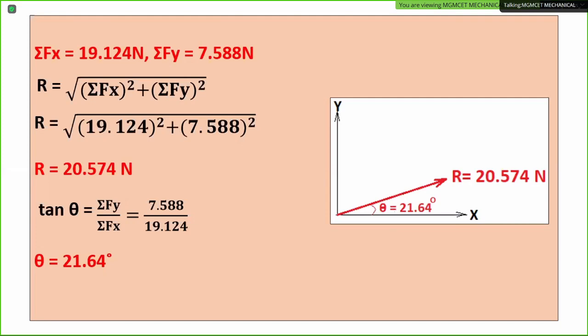One thing you have to keep in mind. In the concurrent force system, you are finding out the resultant and the angle. Point of application, no need to find, nothing to think about the point of application because all the forces are passing through a single point. So resultant will also pass through the same point. And some C42 student has asked, what is a concurrent force system? If all the forces in the system are passing through the same point, such a system is called a concurrent force system.